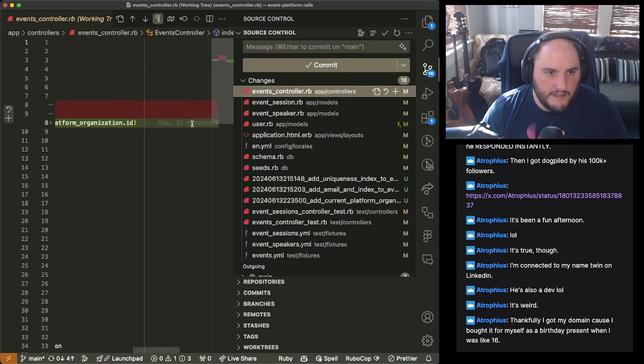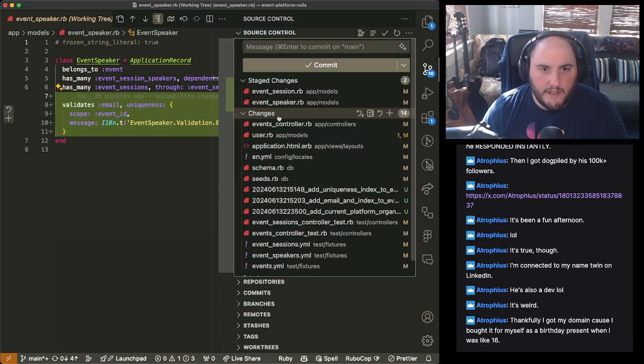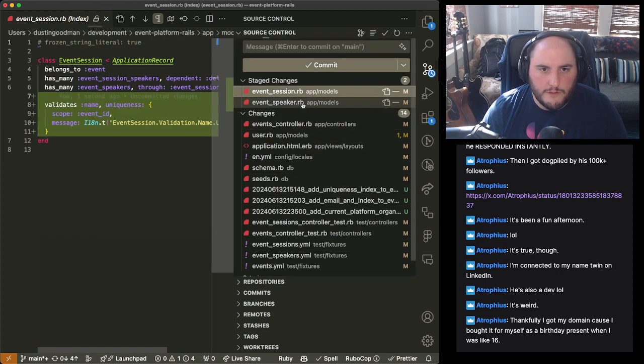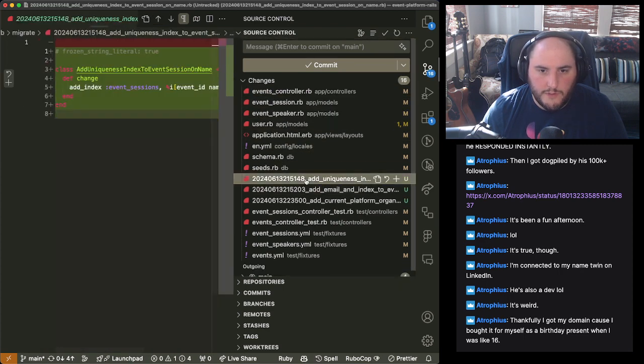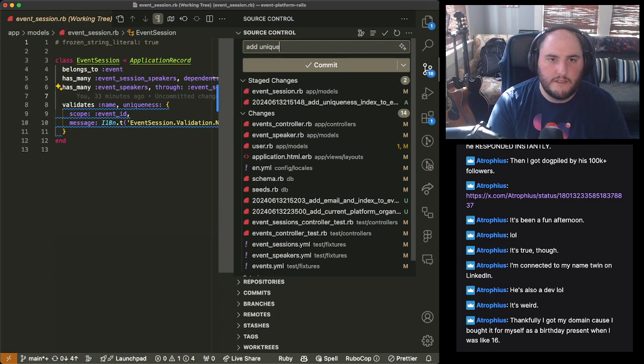This is what we were just doing. Okay, so we're gonna do this one commit at a time, actually. We did uniqueness to event session first because that was the easier one. So add uniqueness to event session.